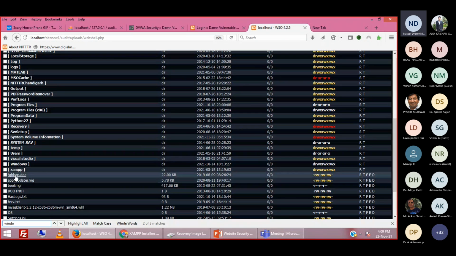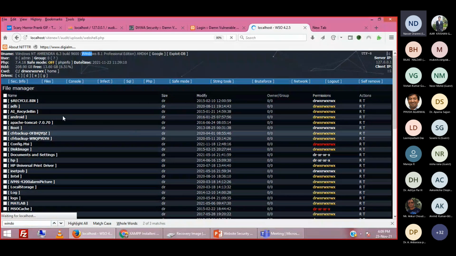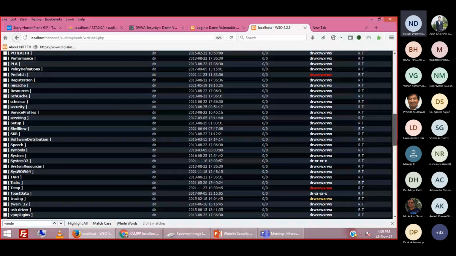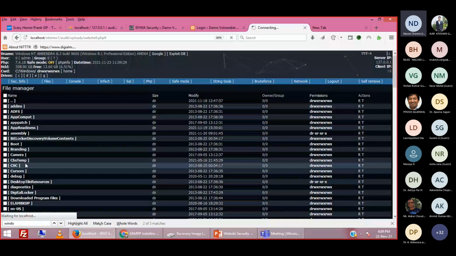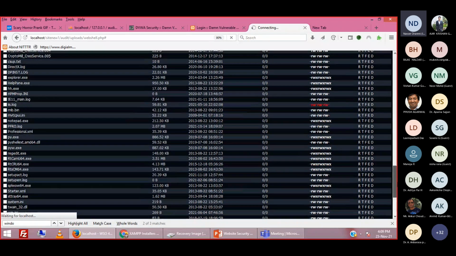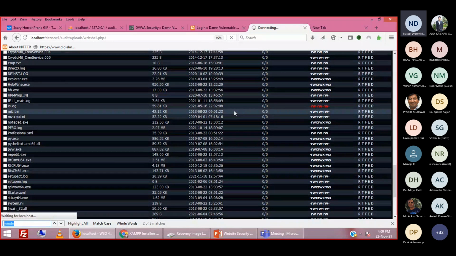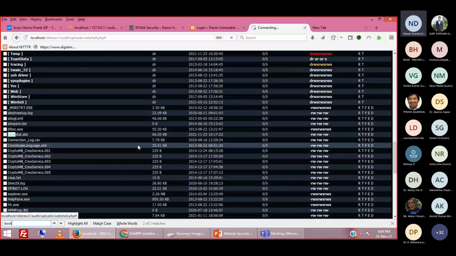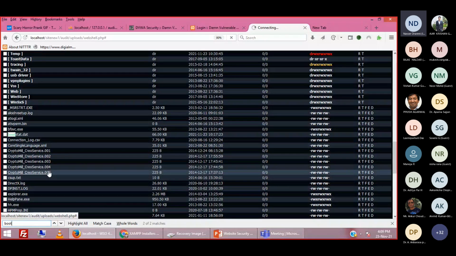So you can see the C drive has a folder called Windows, and this Windows folder has a folder called System32, and you all must be knowing what this System32 folder contains. It contains all the DLL files. If I delete a particular DLL file, suppose I delete this boot.dll file or bootstat, what will happen to this machine?